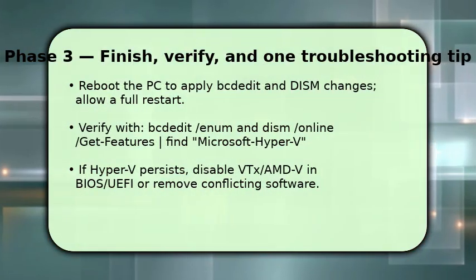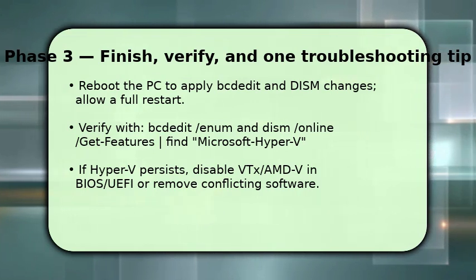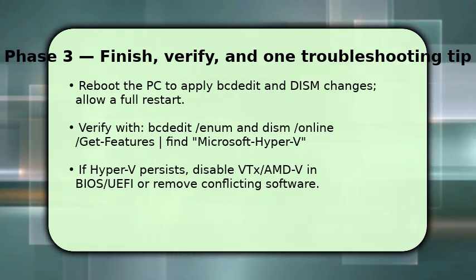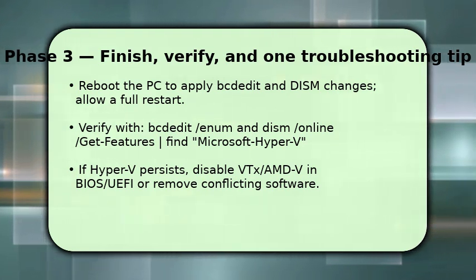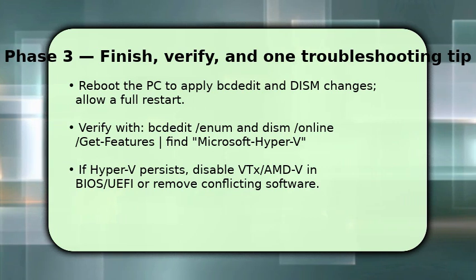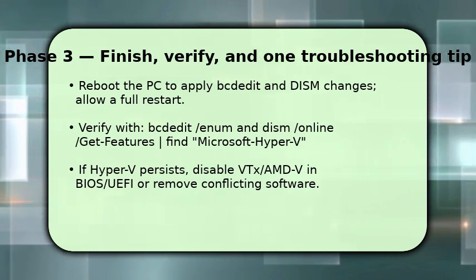Now reboot the machine to apply both the bcdedit and dism changes. A complete restart is required for the hypervisor to stop loading. After startup, verify by running bcdedit /enum to see hypervisorlaunchtype set to off, and query dism features to confirm Hyper-V